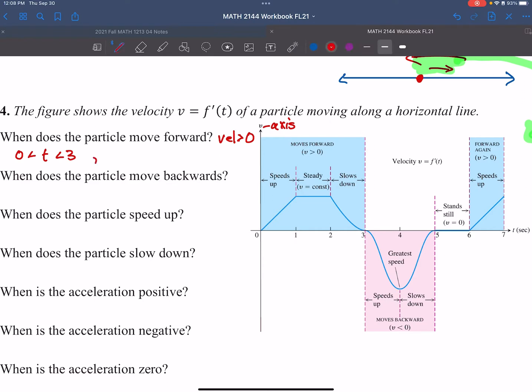So that right there captures this first blue box. And what is the other interval when the particle is moving forward? 6 is less than t, which is less than 7. One thing to note about this is we do not need equality here, because if you think about these points right here, this is where it's basically changing direction. Remember, this is the graph of velocity. So at velocity 0, no longer do we have forward movement. So again, that's why we're using